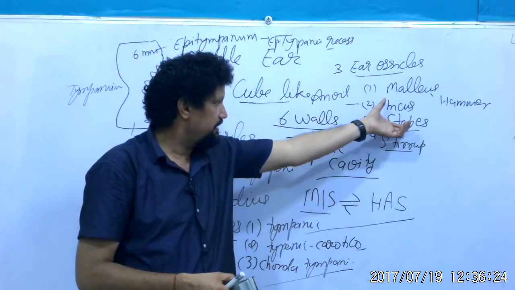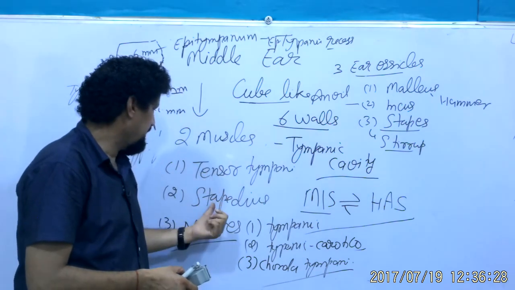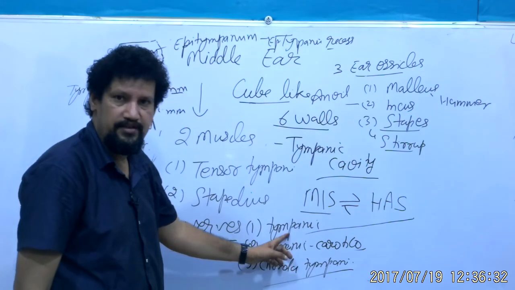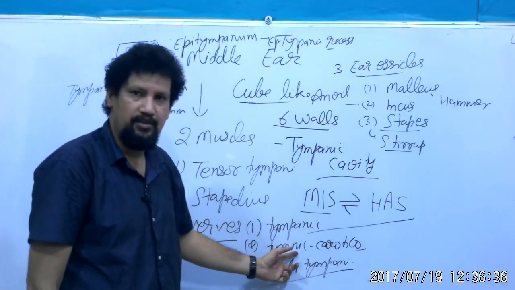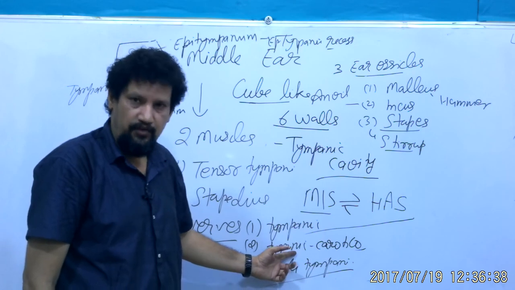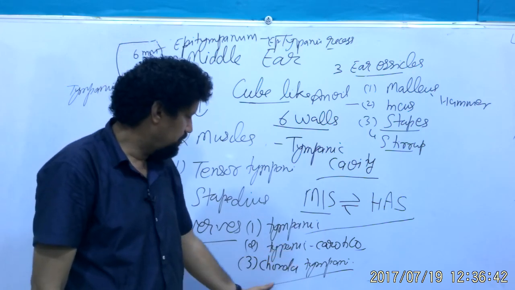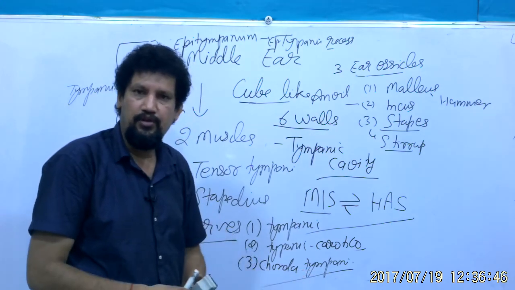So it is having three ossicles, two muscles, the tensor tympani and stapedius, and three nerves, the tympanic branch of the glossopharyngeal nerve, the carotico-tympanic branches of the nerve plexus around the internal carotid artery, and also the chorda tympani. So first of all, I will